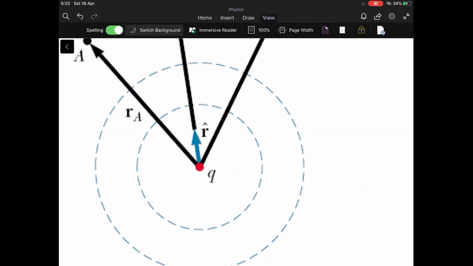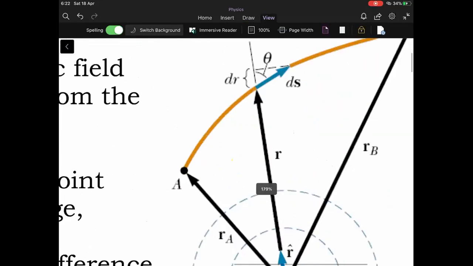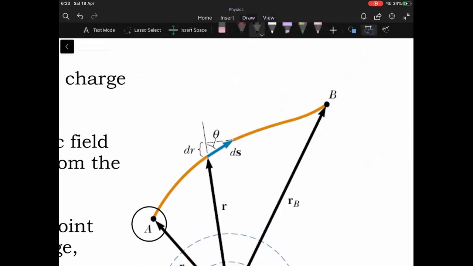So now we will make use of the basic definition of electric potential, which was derived from the definition of potential difference. Okay. Now, in this case, what we have done is we are moving from point A to point B through some arbitrary path as shown in this brown line. So the particle was initially at point A, then came to point B. Okay, that particle is taking this path. Let's say that particle has certain charge q or q naught.